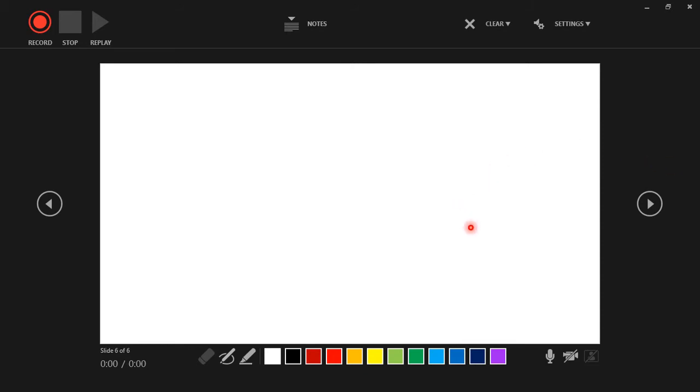Now, while recording is going on in this slide, you can see that I have switched off my video, so my video is not appearing, otherwise my video would be here. Then I need to click the record button to actually start recording the particular slide.